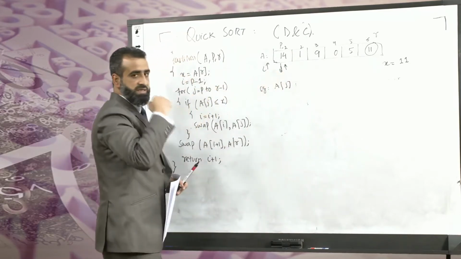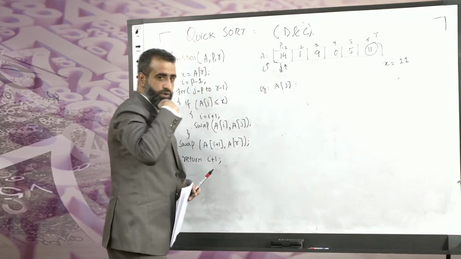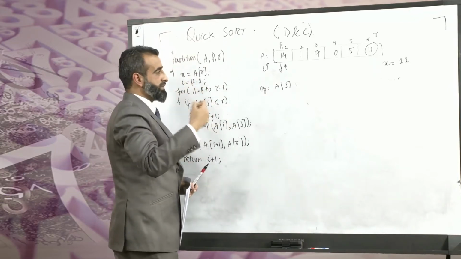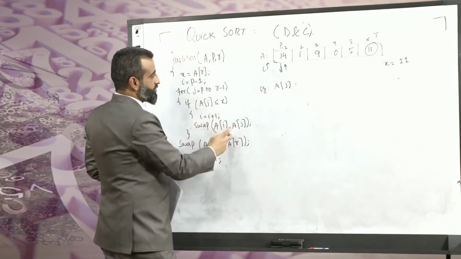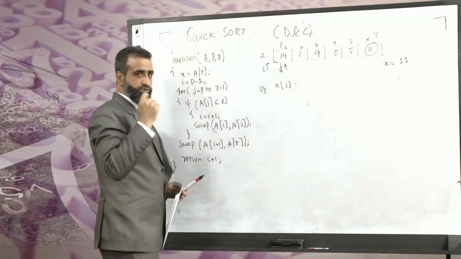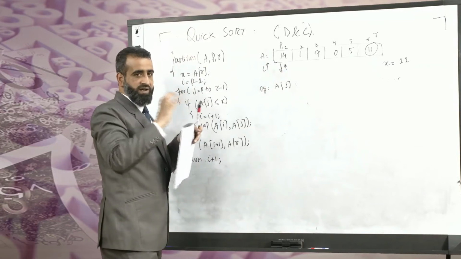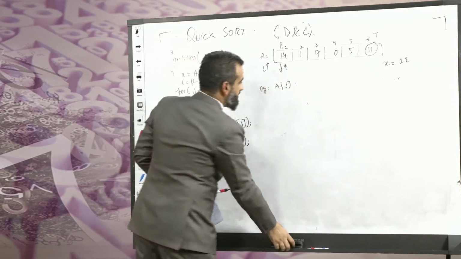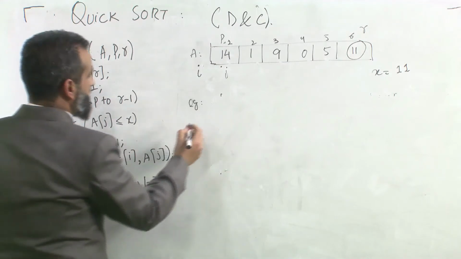So I will be incremented by 1 to point to the next location, to the next element, and then we will swap the two elements, A of I and A of J. Whatever I and J are pointing towards, we will make a swap between A of I and A of J. Let's see in this example how it will work. I make a comparison of whether A of J